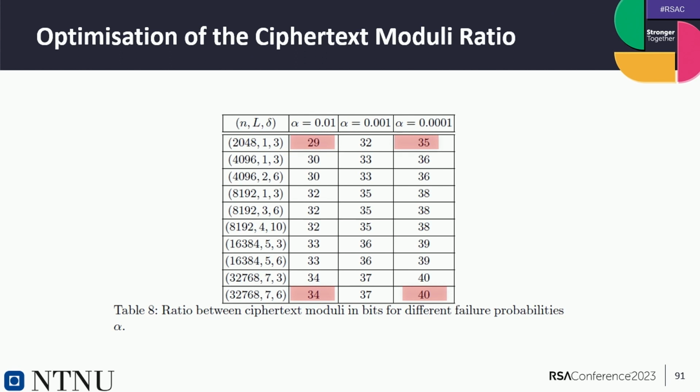And so this is another table. In HGLib, the smallest ratio that we theoretically can get is 36 bits for the ciphertext moduli ratio, but we looked at over 20 parameter sets, and we never observed a ciphertext moduli ratio that was smaller than 54 bits. So compared to the 54 bits with an error probability of 1%, we actually can get an optimization of 25 bits compared to what's currently used in HGLib.